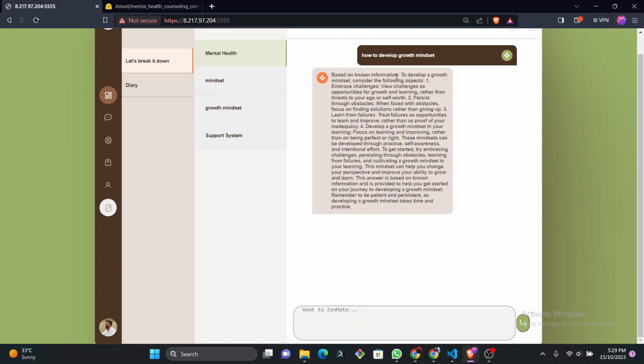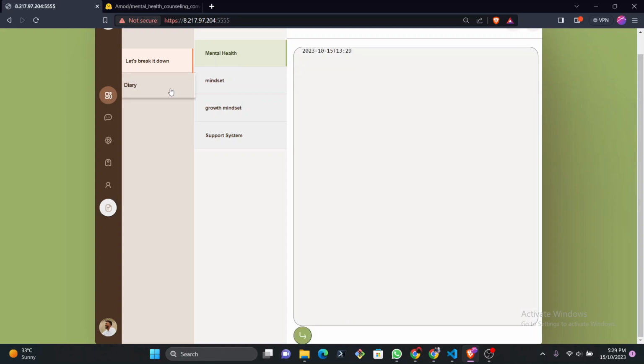From here, we go to another functionality which we think is a game changer in the mental health slash mental awareness area. That is how to keep track of your daily activities, or keeping track of activities in a diary. For example, let's say I went to the gym at 6 in the morning.